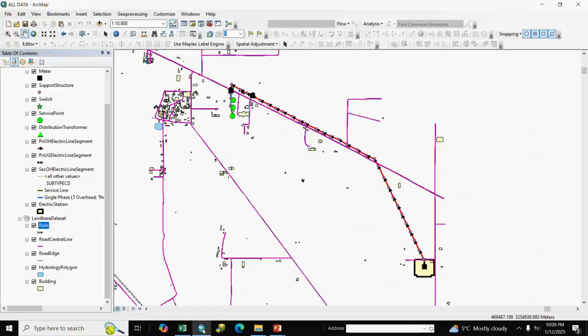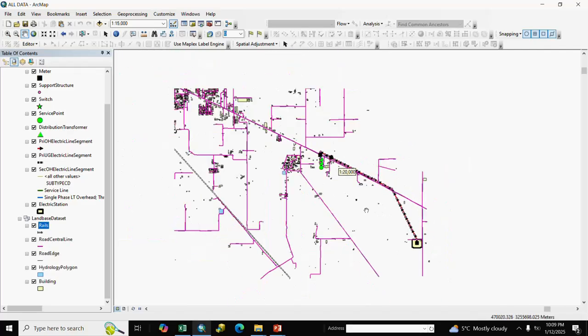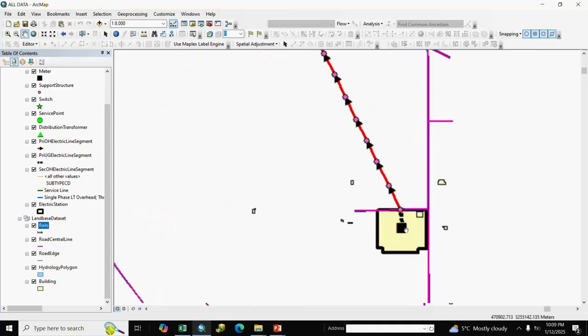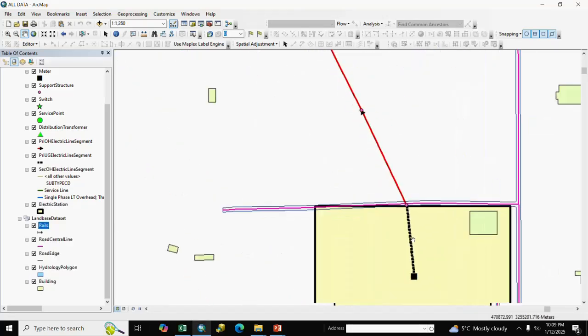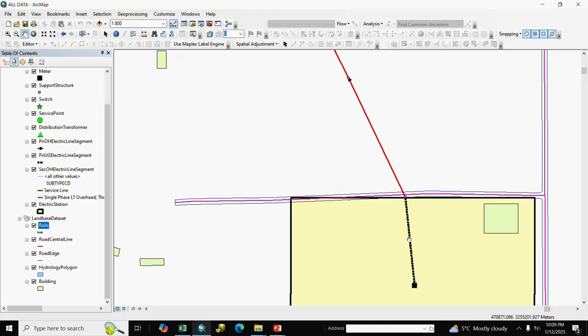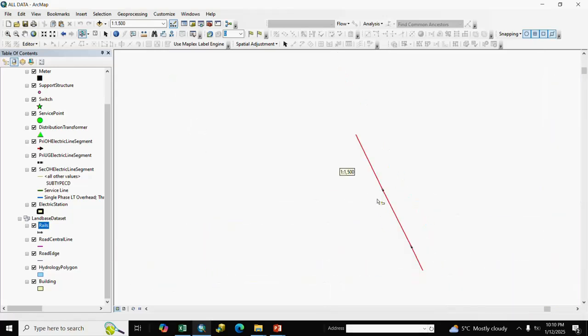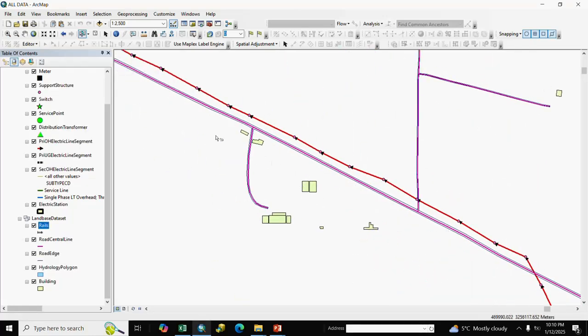Here is our asset data. Here is one feeder, substation, underground line and pole, its pole and line, overhead 11 kV line, and here are road and building.